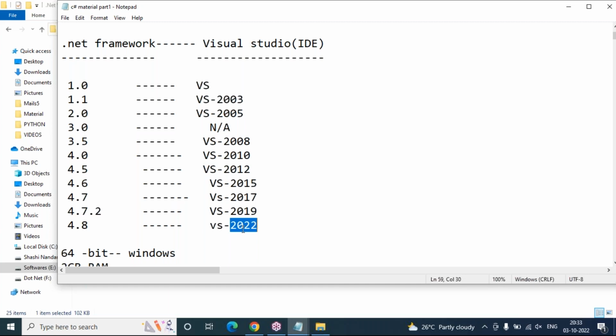So these are all completely .NET Framework versions, sir, not .NET Core versions. .NET Core versions are different and framework versions are different. As I said, .NET Core was completely designed and released for the first time in the year 2016. Okay, 2016 only. From 2016, there are a lot of .NET Core versions also. So what are the .NET Core versions from 2016?